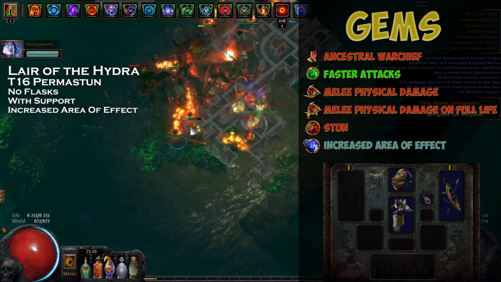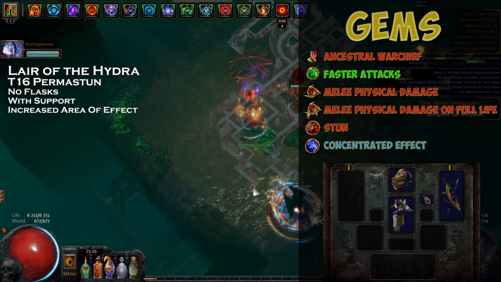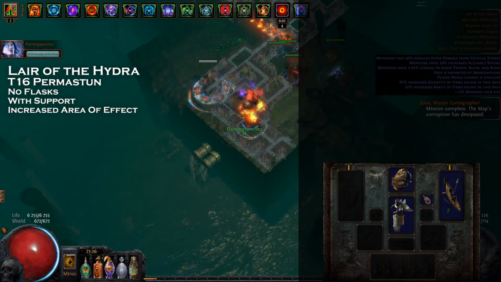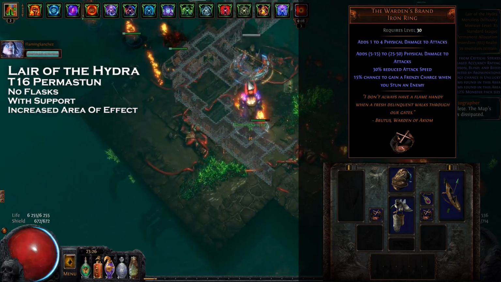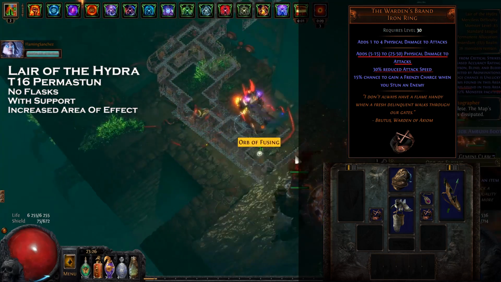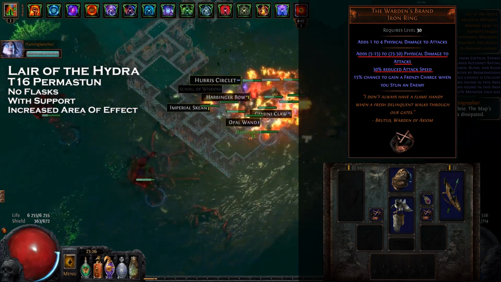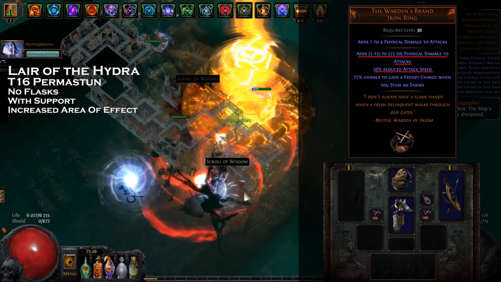Our last link is increased area of effect for clearing and concentrated effect on high life bosses. The rings we use are the Warden's Brand. You need to get as high a fist roll as possible for maximum damage per hit. Their downside is the slow attack speed, which doesn't affect the boss fights negatively, but slows down the clear speed